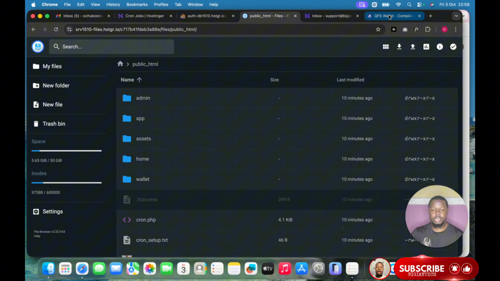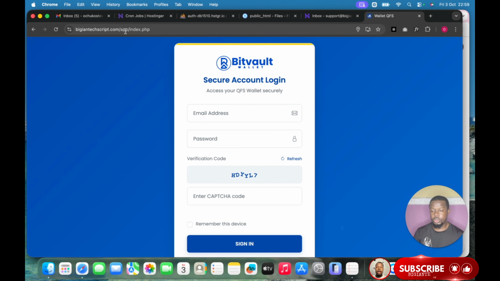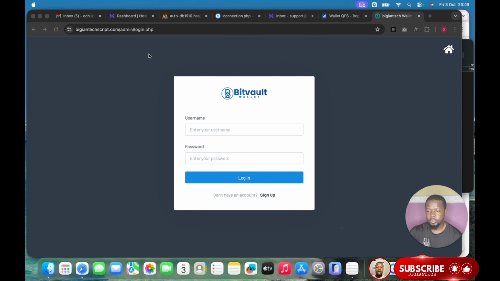Good. Now the next section is go back to the website. Let me click on this connect wallet and let us log in to the admin section. So to log in to your admin section is your domain name /admin/login.php. Now if you're getting errors in any section, if you get to see something like database user password error,